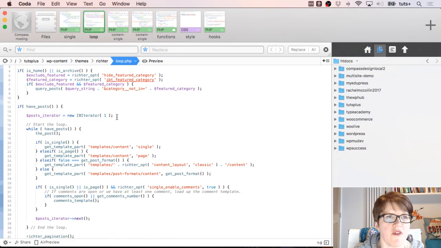So here's my loop file. And this is in the parent theme again, remember. So I'm not editing this, I would be duplicating it. Now let's drill down in here and find the code that's outputting these template tags. So let's have a look. What we need here is another include file. So what we're looking at here is get template part templates